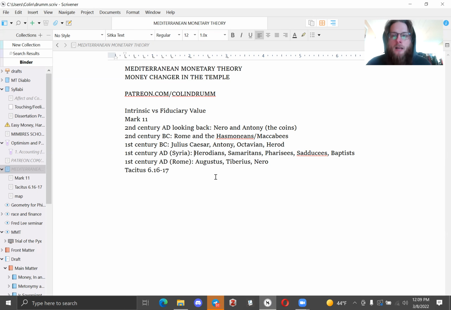Okay, so Herod is imposing a lot of different taxes, like tolls and other kinds of taxes, and he takes his own coins back for the payment of these taxes. So Herod is taxing and spending in bronze coins, but what really matters is not just the fact that you can use the bronze coins to pay taxes. What matters is that you might need to buy silver coins with them. So here, maybe now you're beginning to get a glimmer of the money changers.